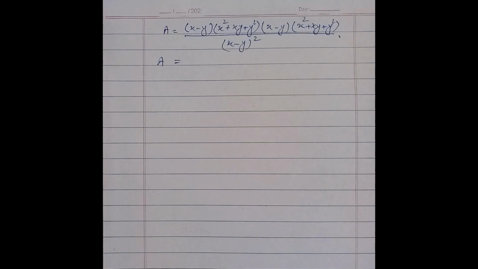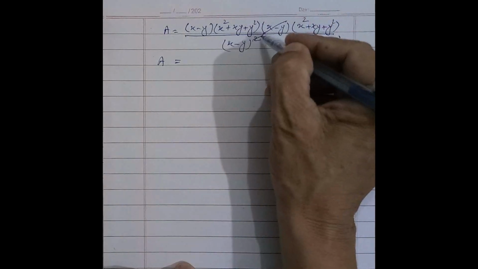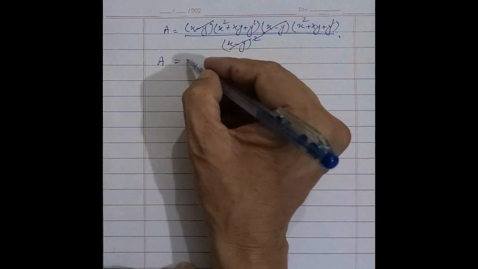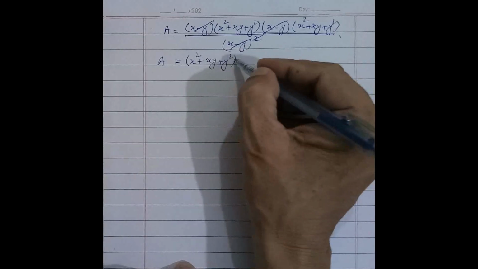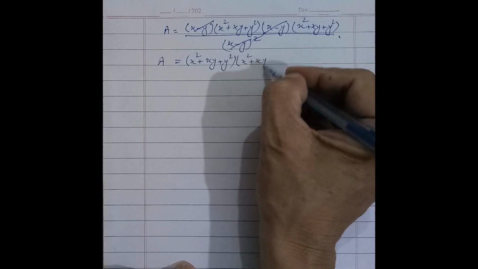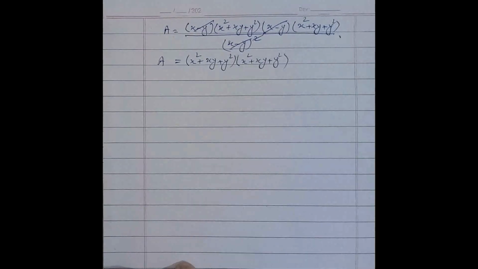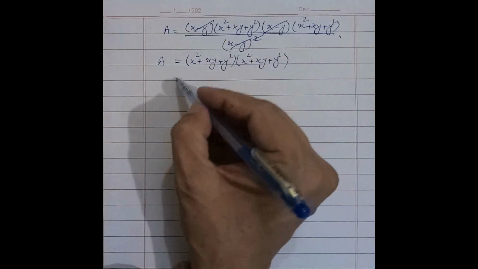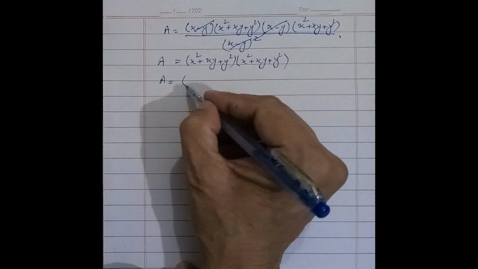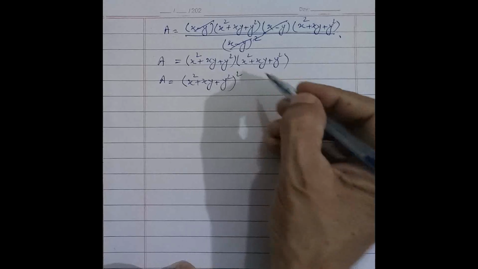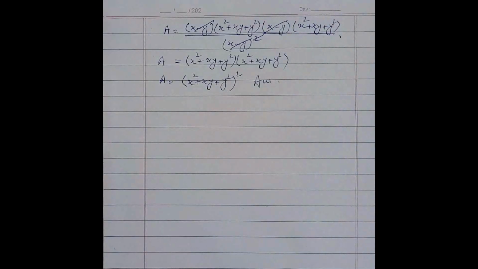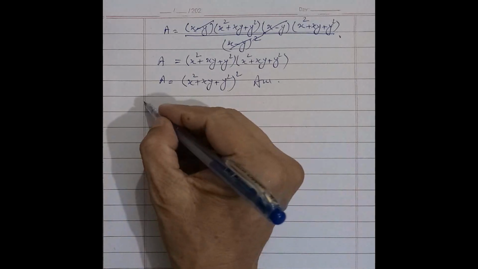By simplifying we get cancel. The remaining values are (x^2 plus xy plus y^2) into (x^2 plus xy plus y^2). So these two values are the same, so we can write them as (x^2 plus xy plus y^2) whole square. It is the answer of the fourth part of question 1. And the fifth part is,